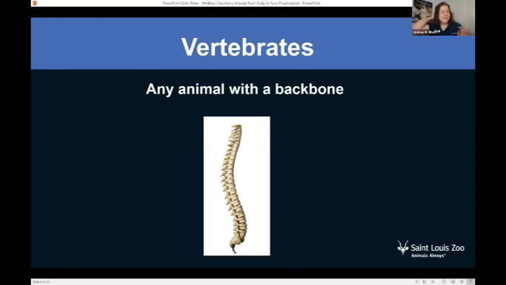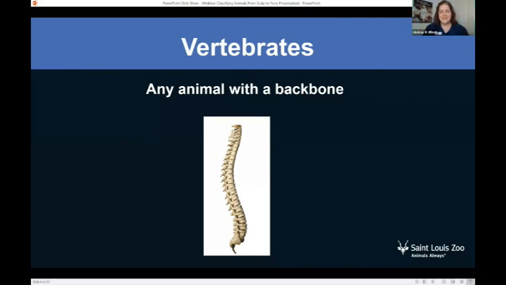It's on your back. So if you reach your hand back, you can feel, it might be easier to feel some that are up more near your neck, or if you reach your hand around the other way, you might be able to feel them running down the rest of your backbone. But yeah, all those individual vertebrae make up your backbone. So we are also vertebrates. Yeah. So we have 5 groups of vertebrates to go through today. 1, 2, 3, 4, 5.